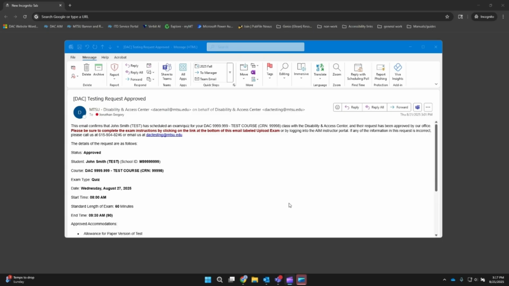When a student requests to take an exam with the DAC, they submit an exam request through our AIM system. Then, our testing coordinators will review the request and either approve or deny it. Once an exam request has been approved, you, as the instructor, will receive an email with the subject line, DAC